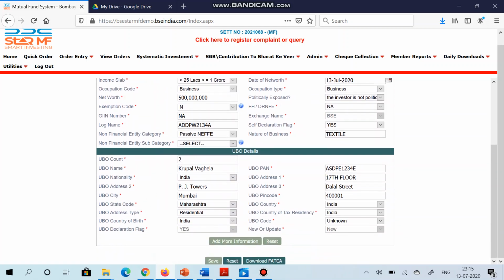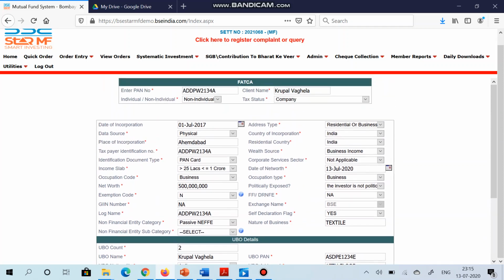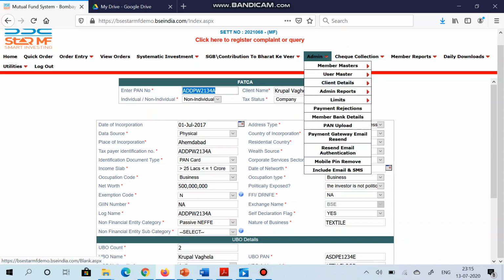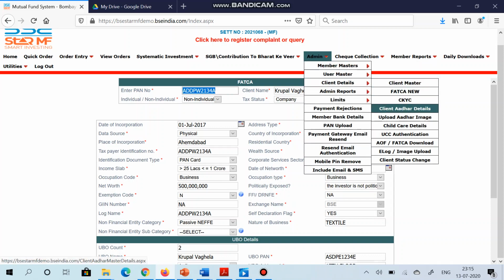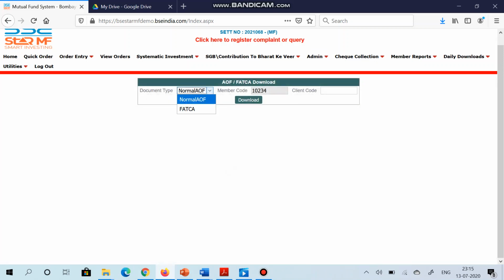The step 2 is that you have to download the FATCA form and take the signature on that form. To download the FATCA and UBO form, you can download it from here as well, or you can download it by going to admin, client details, AOF FATCA download. You can download the FATCA and UBO form from here as well.